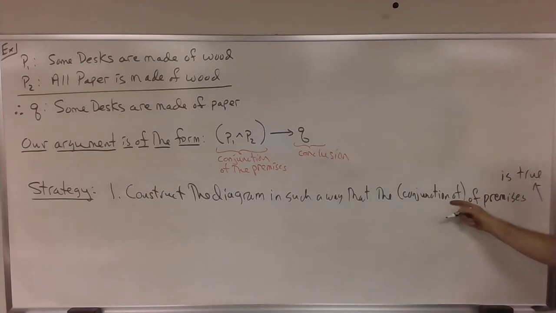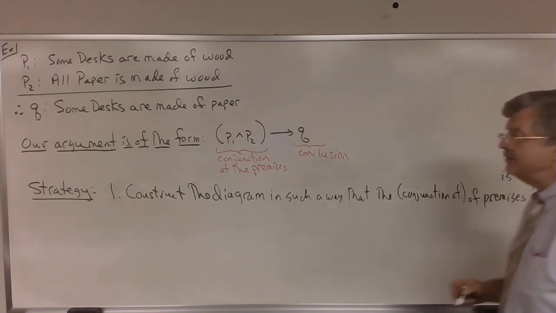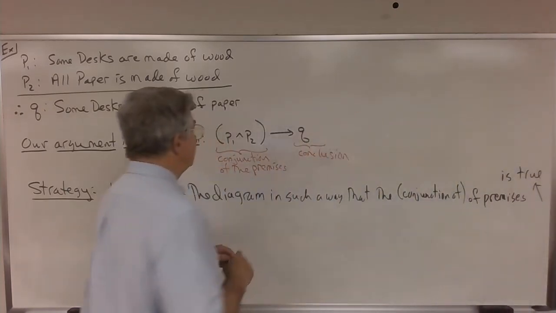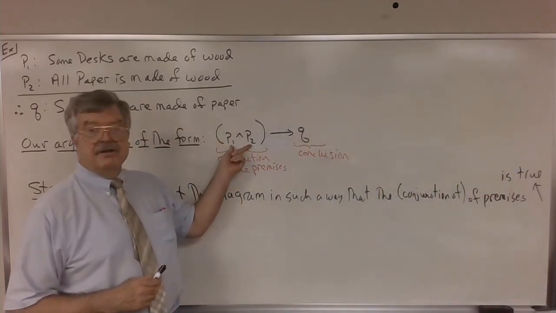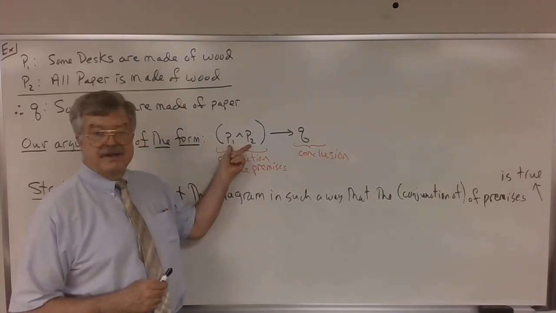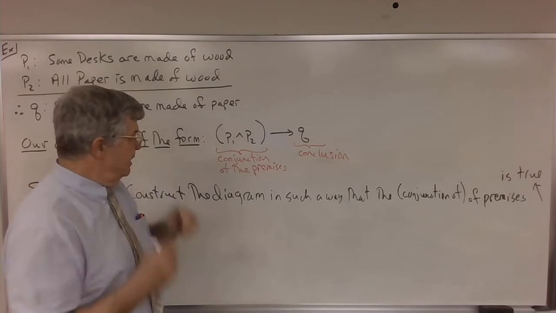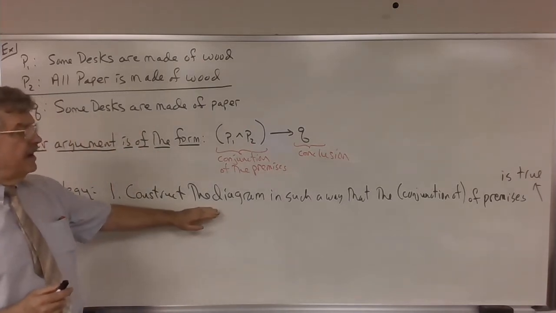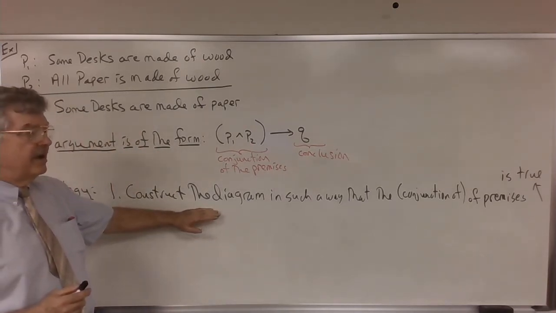I put conjunction of in words because drawing the diagram in such a way that the conjunction of the premises is true is exactly the same thing as drawing the diagram in such a way that each of the premises is true. Remember, the only way a conjunction can be true is if both of the individual statements that make it up are true. So we construct the diagram in such a way that the premises are true,